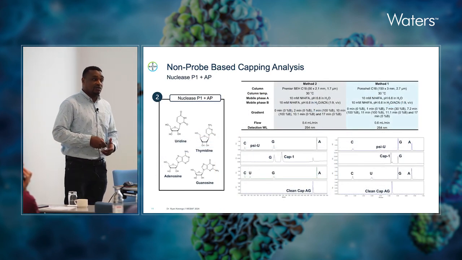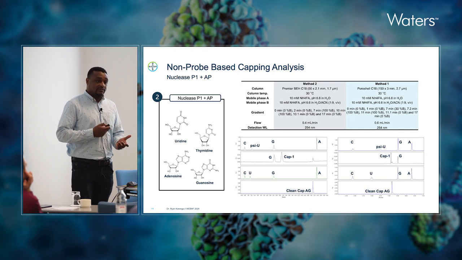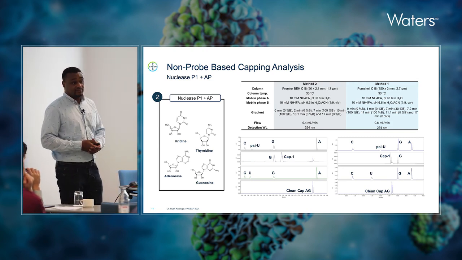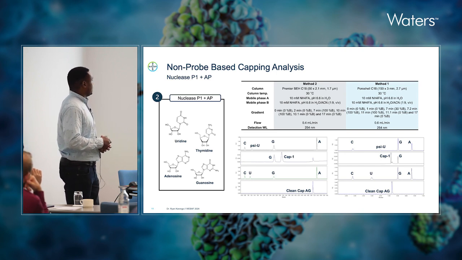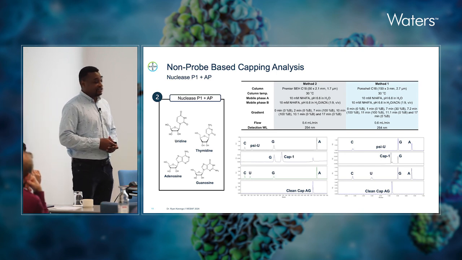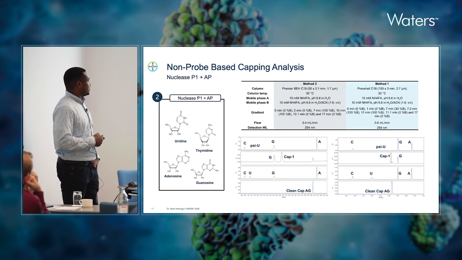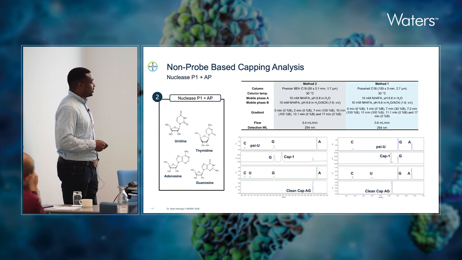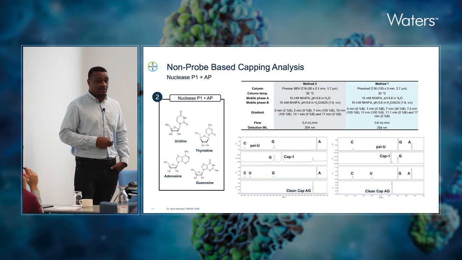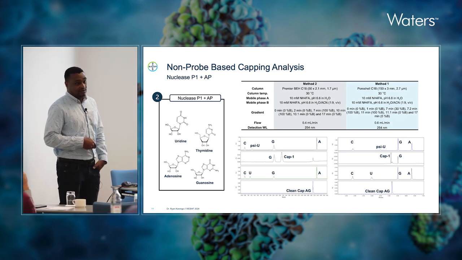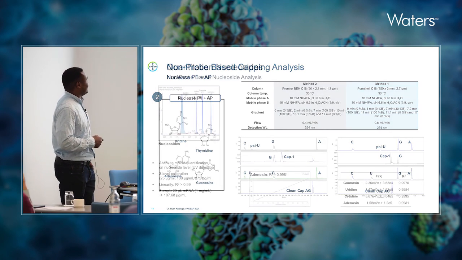However, we wanted to have a non-mRNA dependent method, so basically a universal method. So we decided to go with full digestion, for which we optimized the chromatography. In this case, we used the Waters Premier column first, and then we also used a Cortecs column, for which you can see the guanine has very good efficiency, so we decided to go with that, unfortunately for Waters.